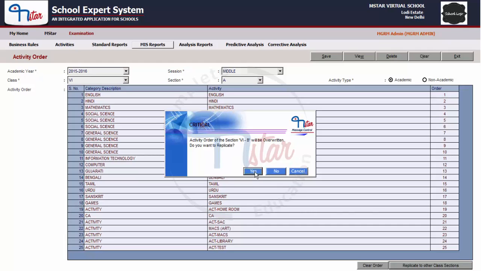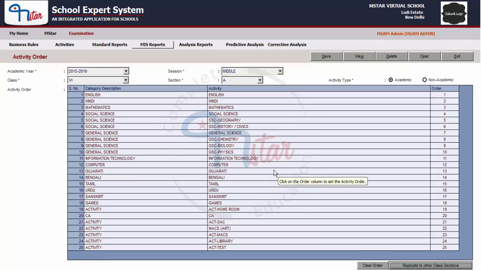Click yes on the confirmation message, and it again asks the same message for the next class section also. If you want to replicate, click yes. And it gives us a confirmation that activity order has been successfully replicated, that is copied. Click OK and let us now check the other class sections also.